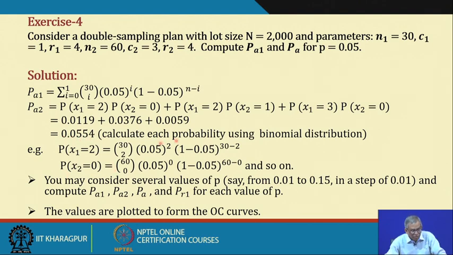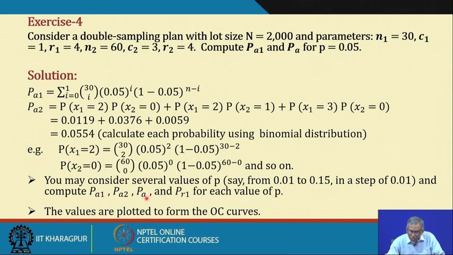So these values you can compute, either by applying the binomial distribution, or in many cases by the Poisson approximation to binomial. Now you may consider several values of p, say from 0.01 to 0.15 in steps of 0.01. That means you are considering 15 possible incoming lot quality values,